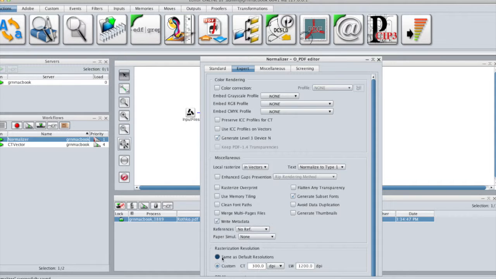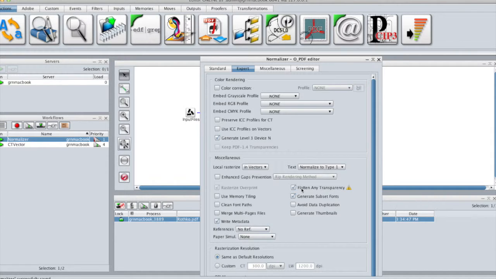Then, if you really want to make your PDF compliant with any reader and RIP, you can go one step further and turn on the option Flatten Any Transparency. It will not only rasterize the PDF 1.4 transparencies in this case, but also any overprint objects that are not 100% opaque.